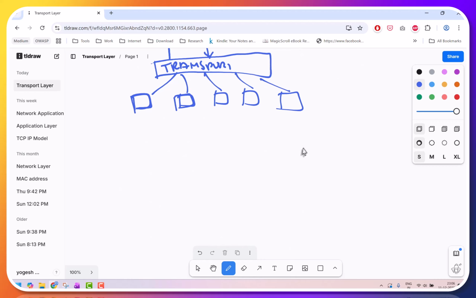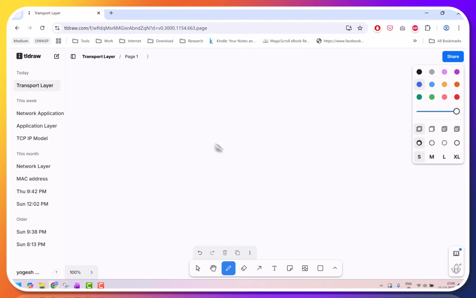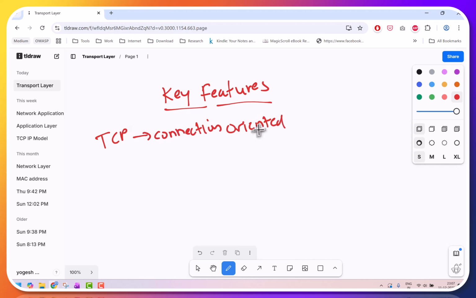Now let us try to understand some of the key features of the transport layer. First is TCP. TCP is connection oriented. It creates a long term connection between the hosts, and the connection remains until a certain termination procedure is followed.